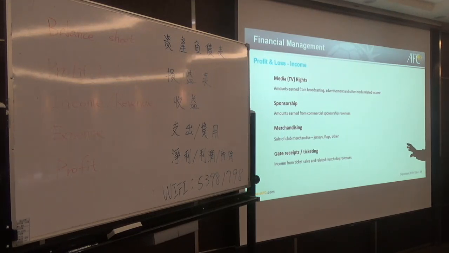Then we have the merchandising. So that's the sale of shirts and jerseys, flags, hats. 第三个产品收入，然后各个球队有卖衣服啊，卖一些相关周边产品。